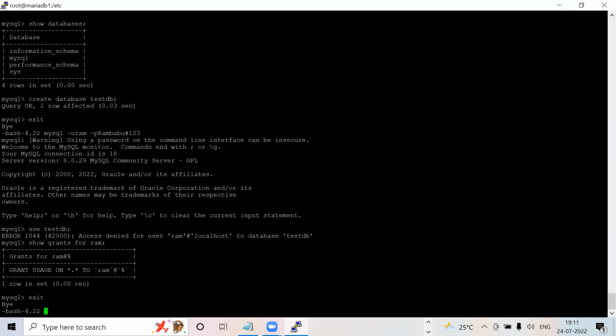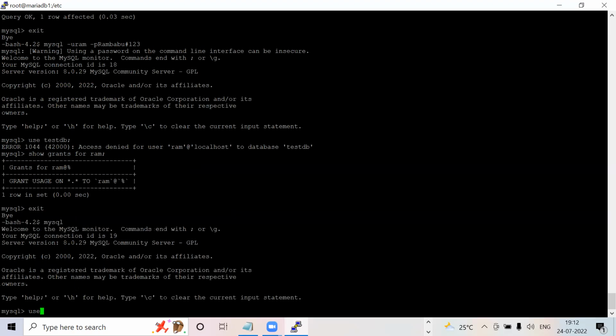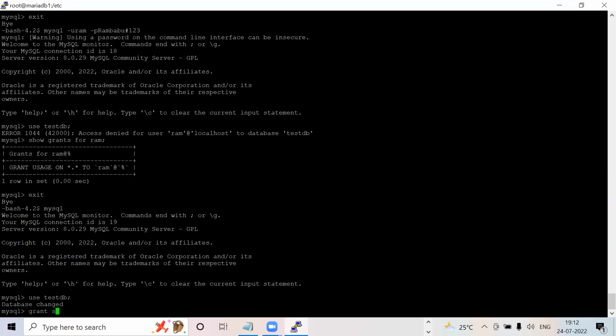At least you should give either select, insert, update, delete. At least one permission you should give, then only he will be able to connect. Let me log in with MySQL. Use testDB. Okay, now you do one thing: grant select, insert, update, for example delete on testDB.*